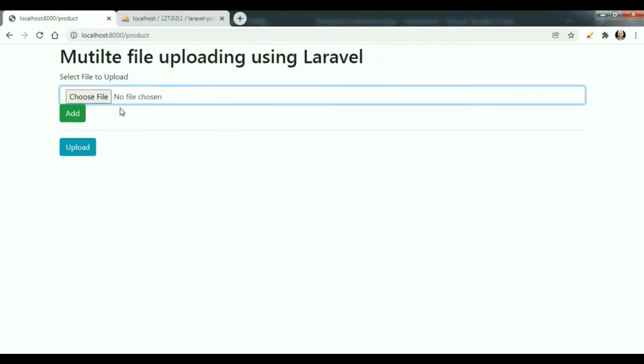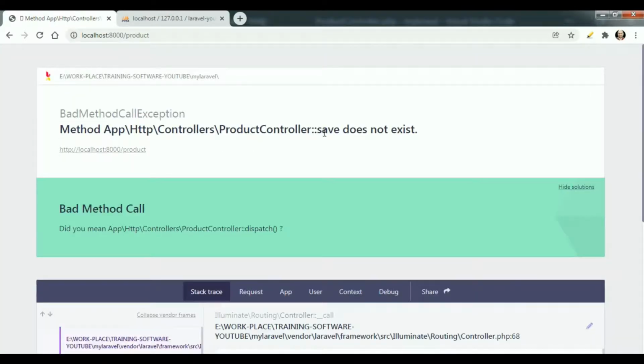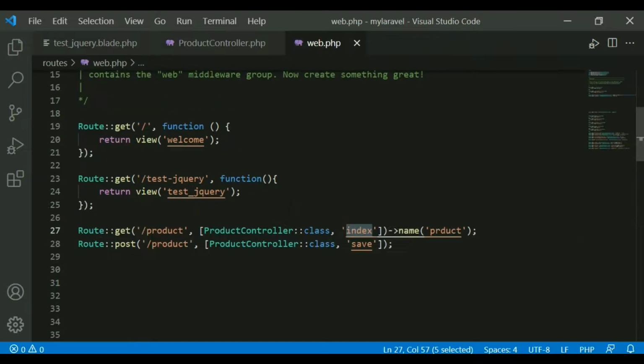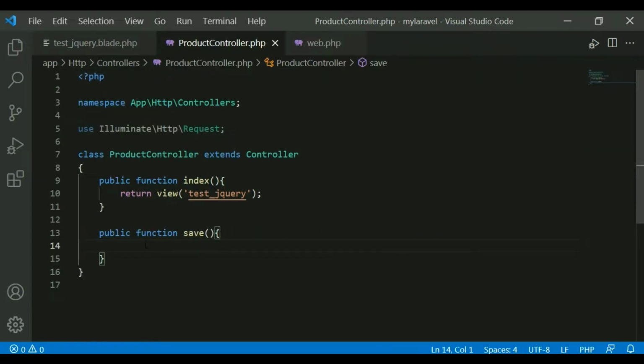If you say upload here, you see this error, the save method does not exist. Okay, in the controller I have to create a save function like this. So what I have to do is public function save. When you are submitting this form, because we have specified it here, it is calling this file, and it is calling this function, and here in this function I want to inject